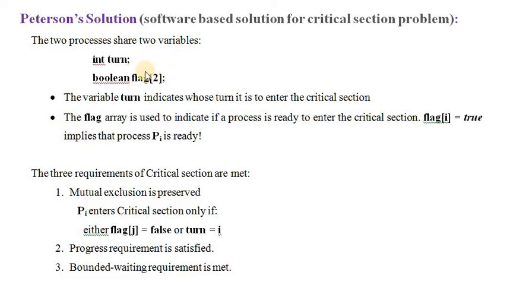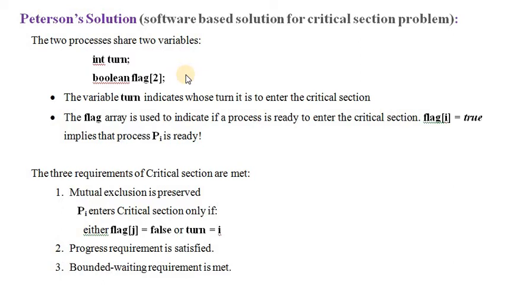Similarly, flag is going to be used in our Peterson solution. Flag is of Boolean data type, and here the flag is an array variable which contains only two values, either 0 or 1. When the flag bit is 0, what will happen?